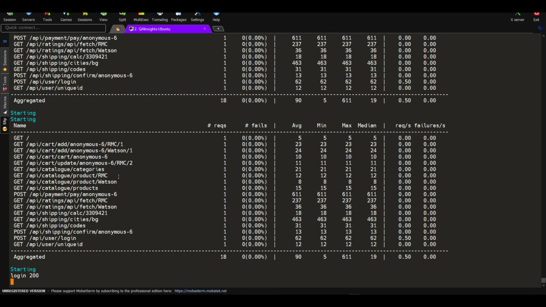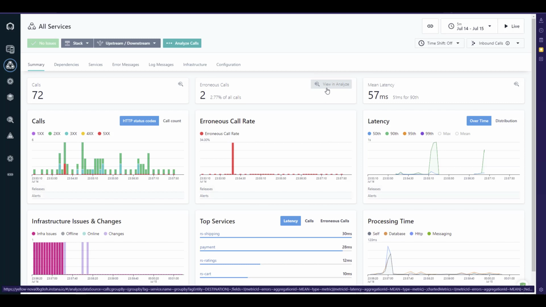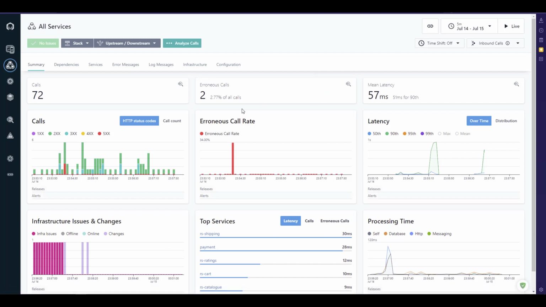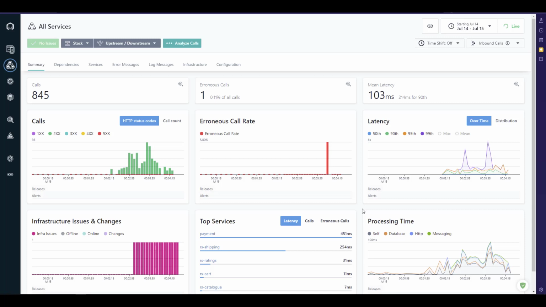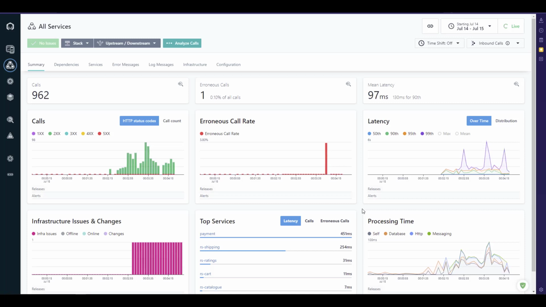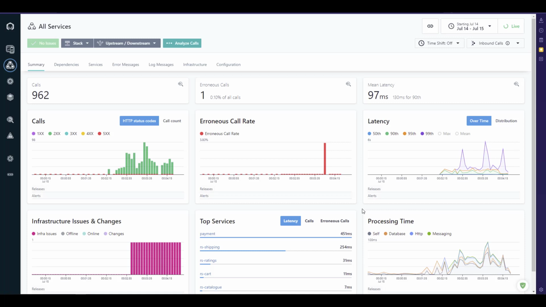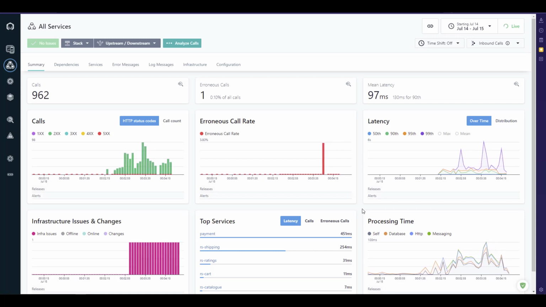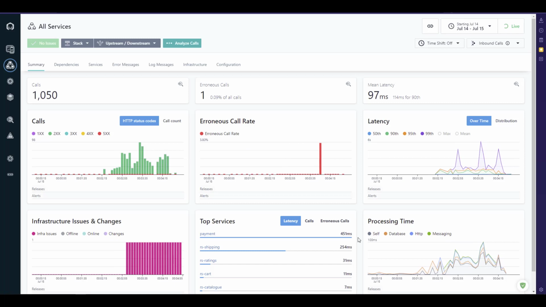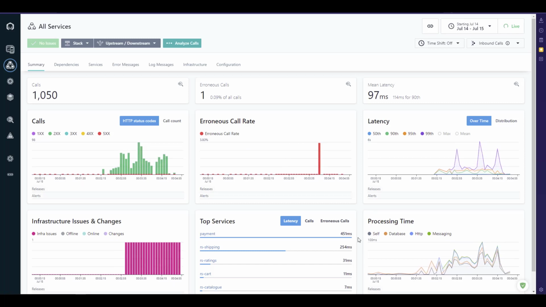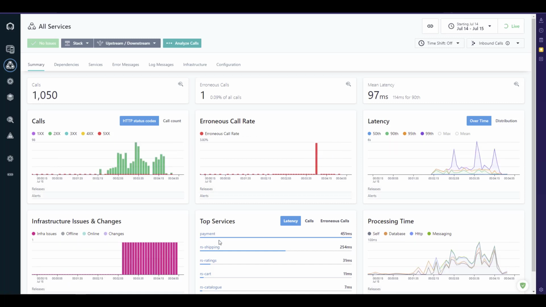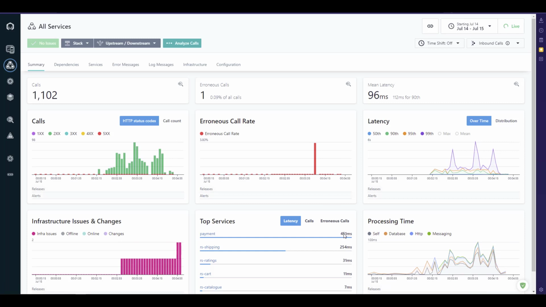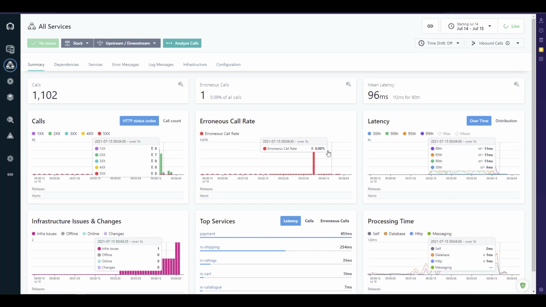Now let us go back to the Instana UI and wait for a couple of minutes, and then we can see an increase in the latency and also an increase in the HTTP calls. Okay, now we are seeing some load coming up. So 10 threads was not sufficient to simulate the load, so I increased it to 20 threads, and right now we are seeing some errors here and also an increase in the latency. Here the number of calls is around 1000, and you can also see the infrastructure issues change here, and the payment service is clocking around 450 milliseconds. And there is some error here.